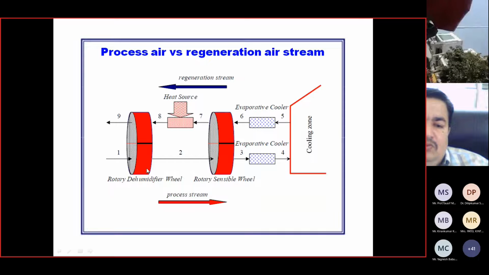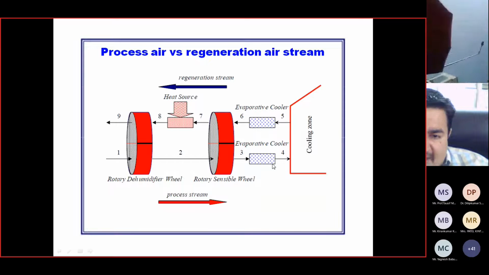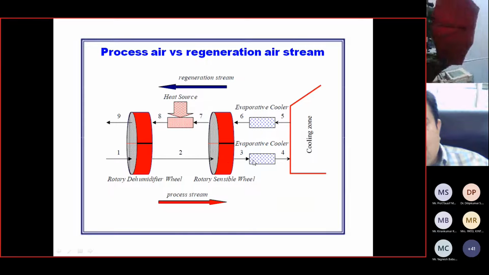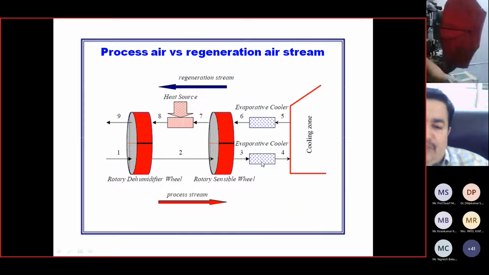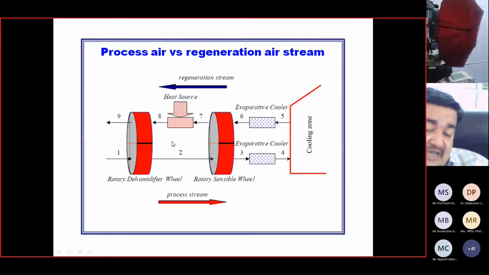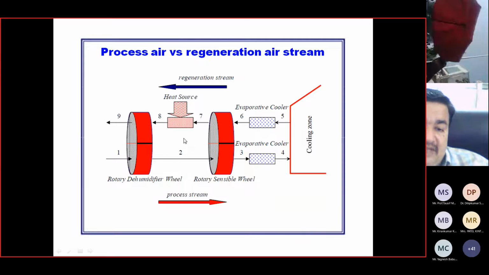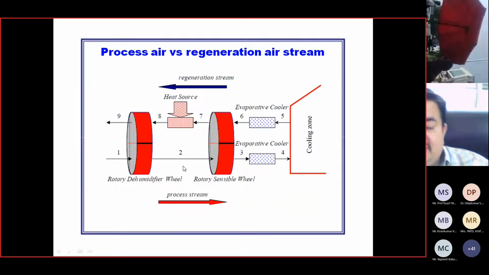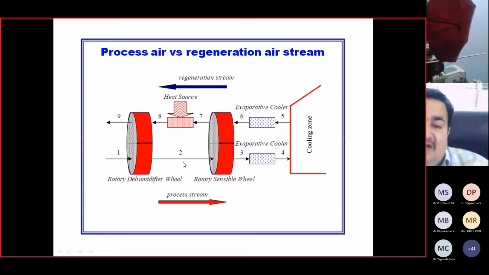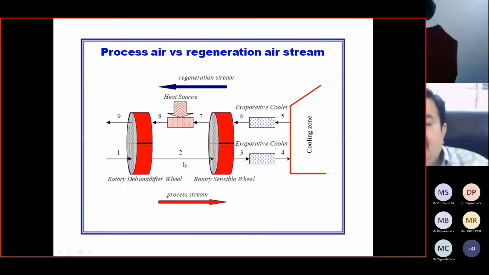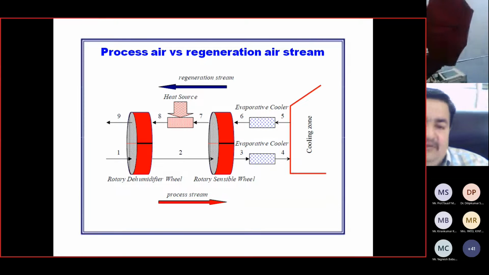You will have to pass the air to the evaporative cooler under hot condition, and here your requirement between state point 7 to 6 is hot air, and here cooled air, so that the load on the evaporative cooler is partially reduced. This is because when air is adsorbed and available at state point 2, it is partially hot because of the addition of latent heat of condensation while absorbing moisture in the dehumidifier.